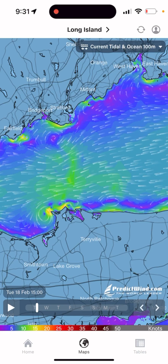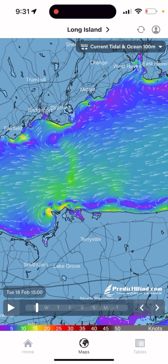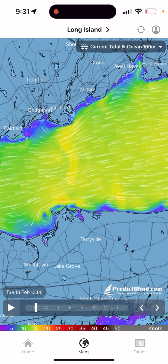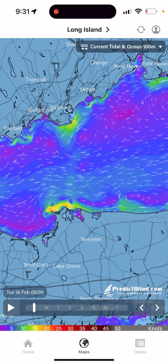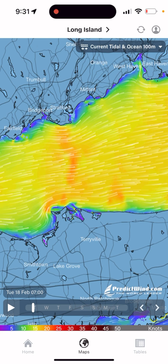Okay, so this app is called PredictCurrent, and it's done by a company called PredictWind. And so you can see this is Long Island Sound right here, and this is the current that's happening right now. It's a tidal location, so I'm just going to go through and change the time here. And so what we're doing is looking at the tide changing over time, and you can just click on a point anywhere in the